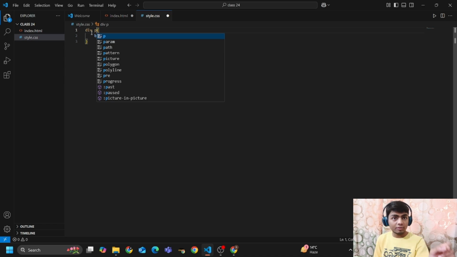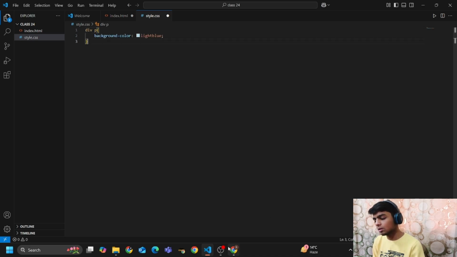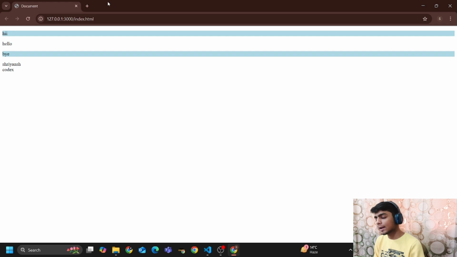This space signifies that all the paragraph tags inside my div elements are selected. Now if I preview this, you will see that my paragraph tags have got the light blue background color.